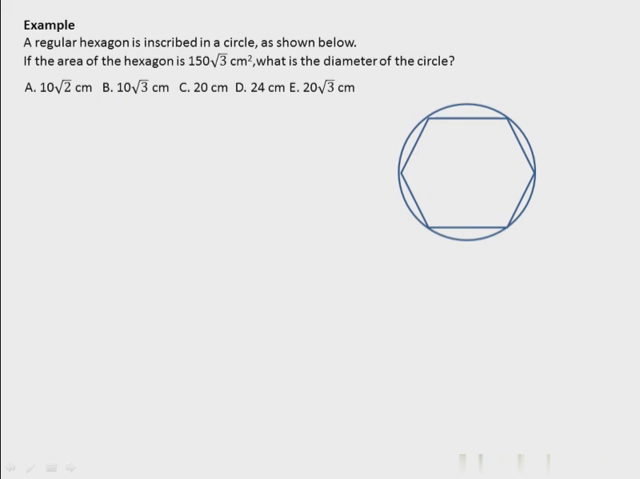A regular hexagon is inscribed in a circle. So here's another example of relating a polygon to a circle. If the area of the hexagon is given, what is the diameter of the circle? So I know the area of the hexagon and I need to figure out something about the circle. And the hexagon is inscribed in the circle. So let's just draw